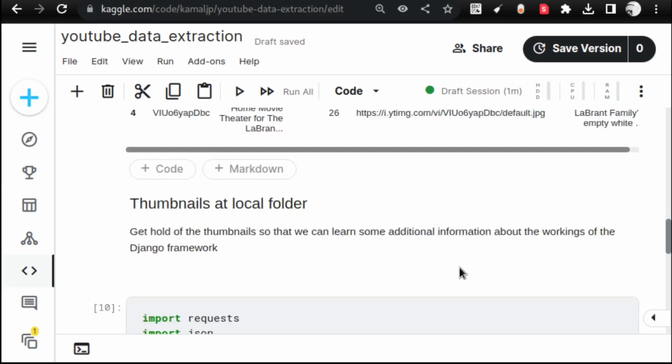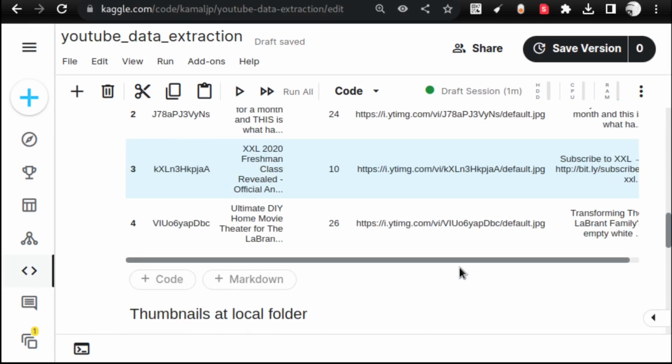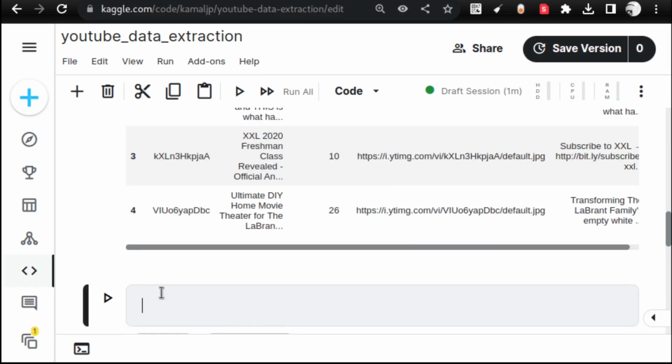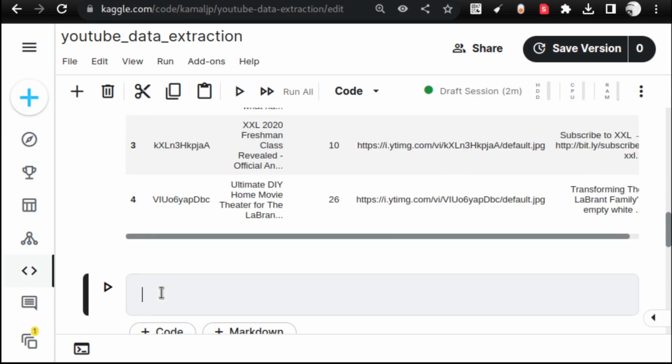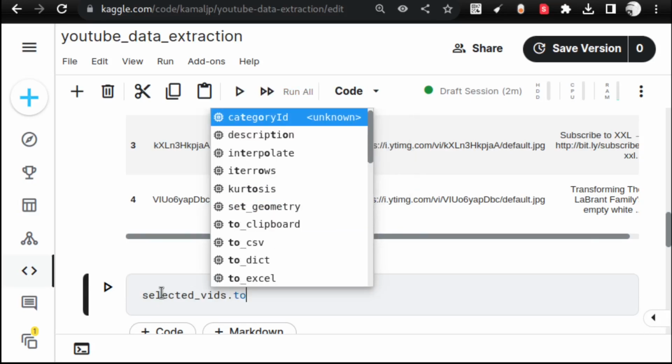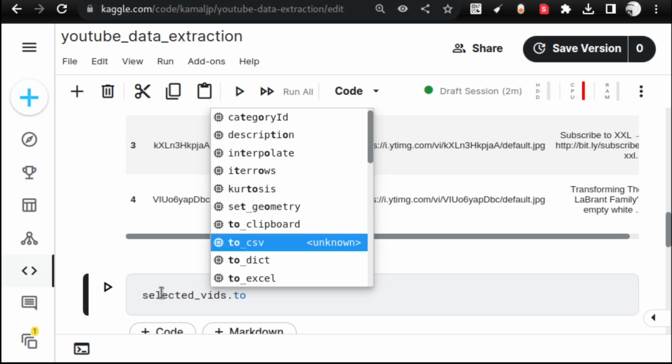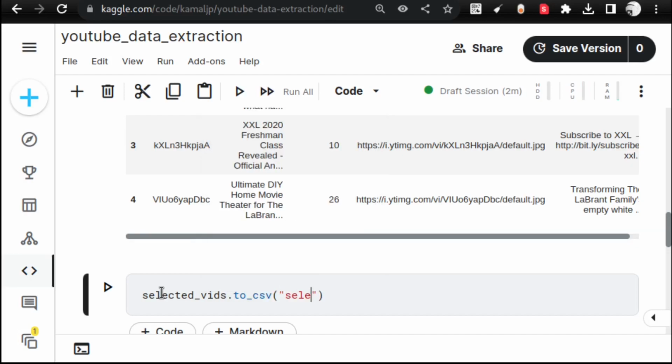Once that is done, what we are going to do next is, all we need to do is come here. We have to say selected videos, and we have to say to CSV. So once you do a to CSV for this, and say selected videos.csv